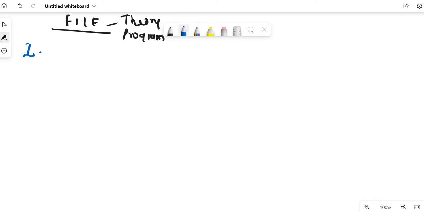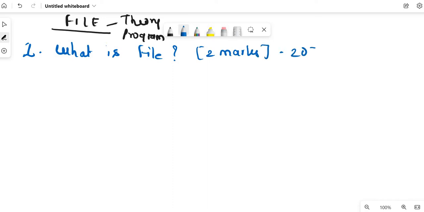So one question that can be asked from this section is the definition of file, that is, what is a file? This question can be asked for 2 marks, and I think it has been asked in year 2071 or 72. Please check, this question has been asked once. So what is a file? We can say that a file is a